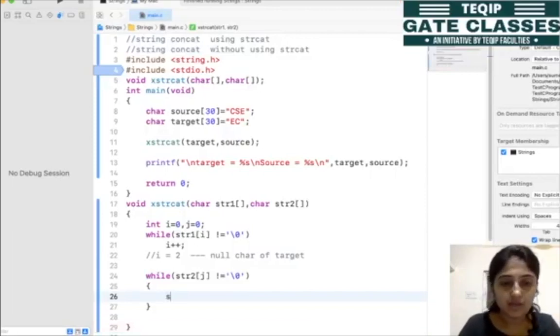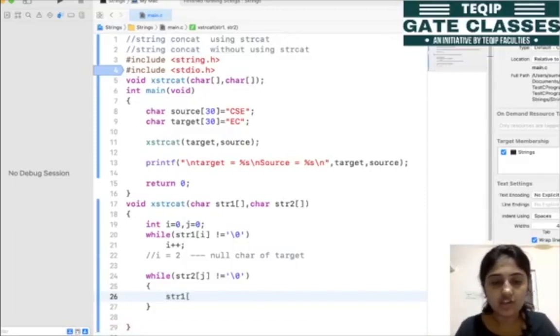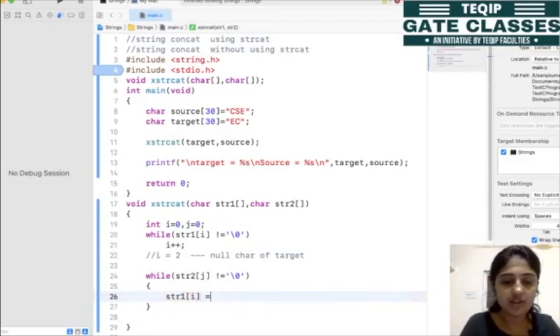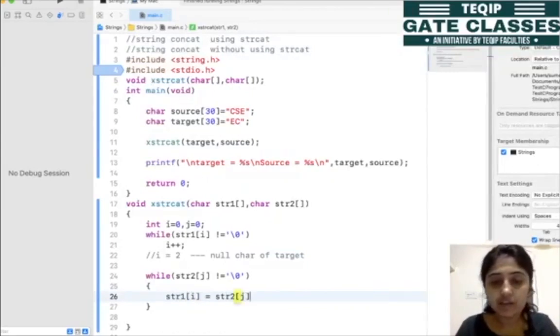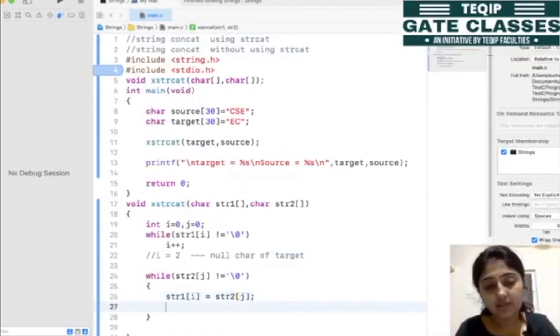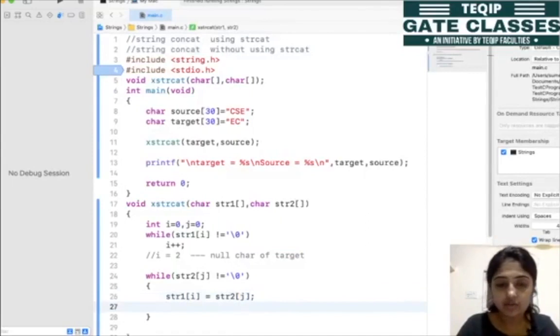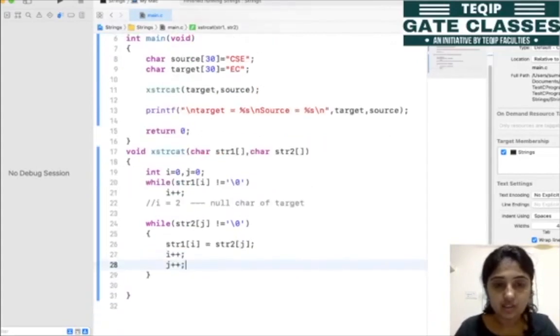Just copy at the ith location, because I is at the second location, is equal to str2 of j. So this is simply character by character copying. Then we need to increment the value of I by 1 and the value of j by 1.